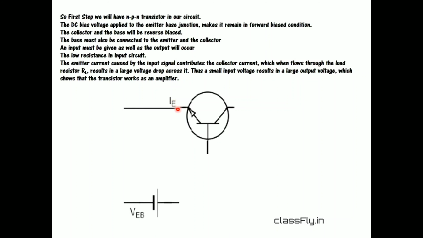So this IE will be the current from the emitter, whereas this VEB will be the voltage supply across the EB. Similarly, we will have the collector and the base side, but it will be reverse biased. So it is reverse biased here, that is IC and VCB. Here will be the supplies and it will be reverse biased. Now we need to connect this emitter and the collector with a base. So we will bring a base also. We brought a base and the base will have a current IB.